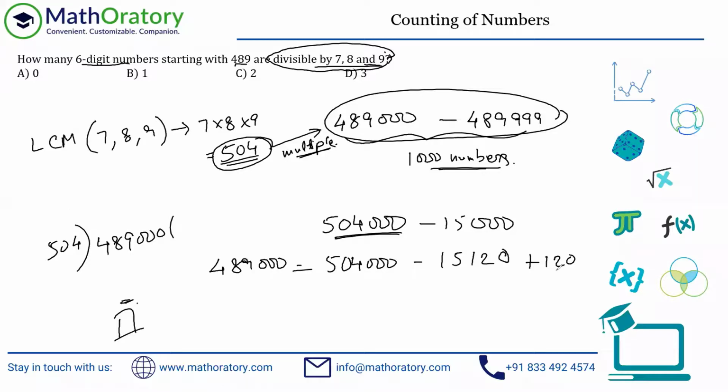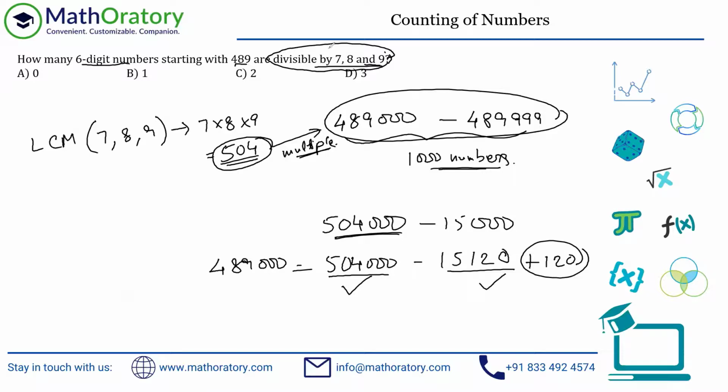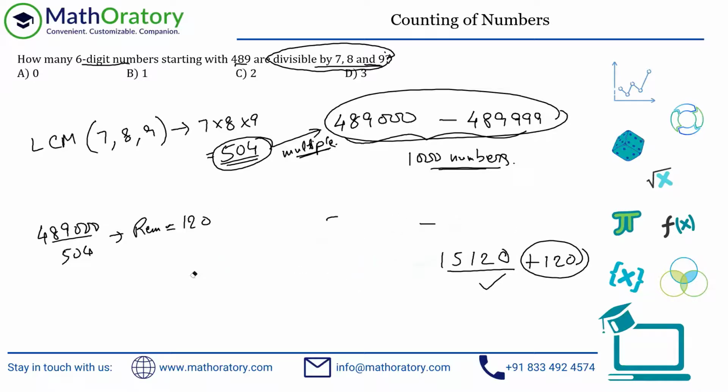But anyhow, what we have figured out is, check this out. This part is a multiple of 504. This is a multiple of 504. So this should be the remainder, right? So effectively what we have found is, without using the long division approach, when 489,000 is divided by 504, the remainder should be 120, right? Now, once you have figured this out, the rest is very easy, because if you understand the very basic idea of remainder,